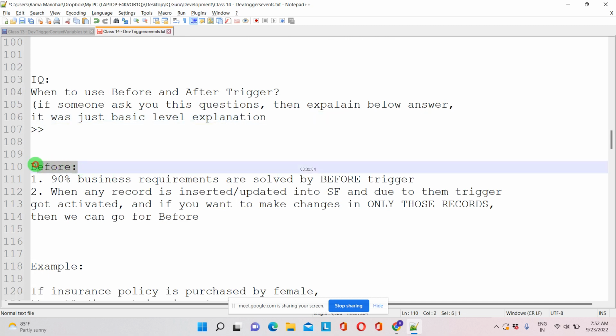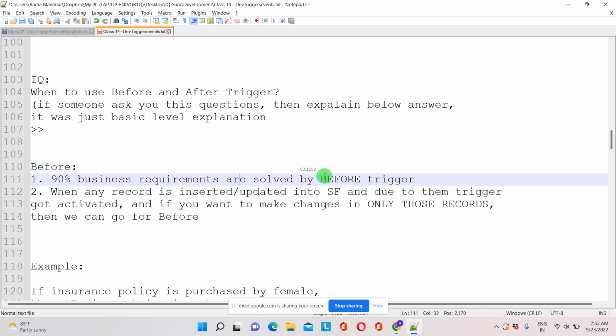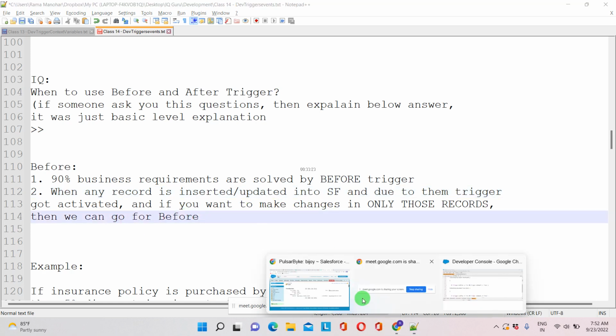For the before event, we are using it for 90% of business requirements. When any record is inserted or updated into Salesforce and the trigger is activated, and if you want to make changes in only those records, then we can go for before. So for example here,